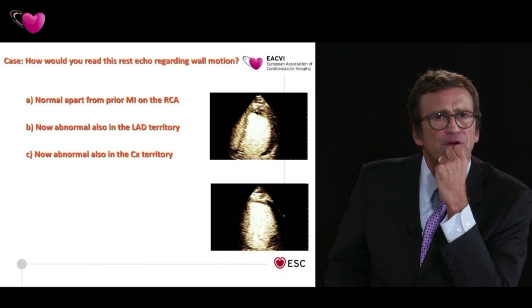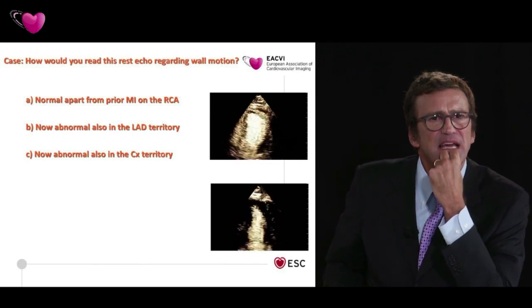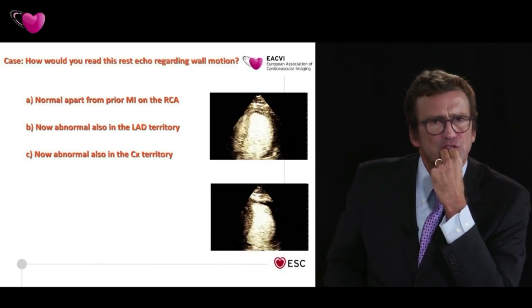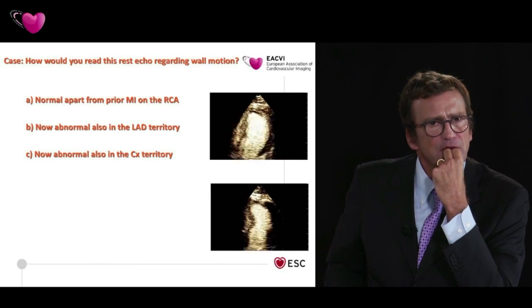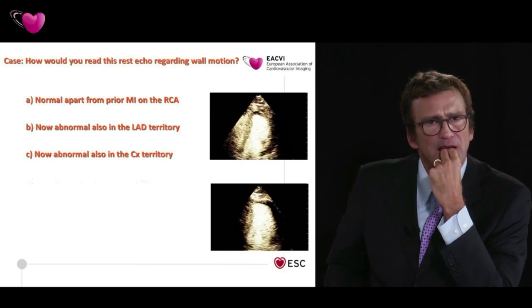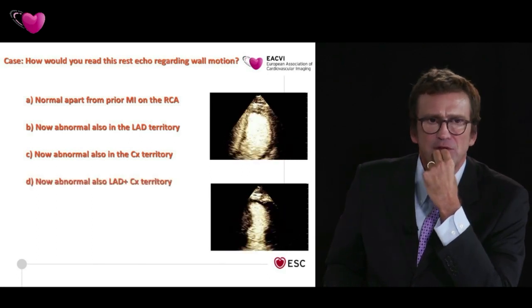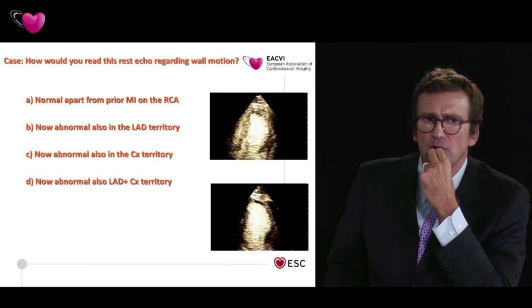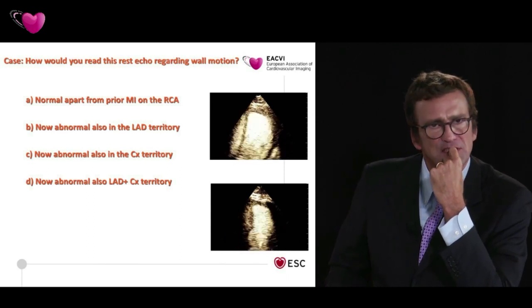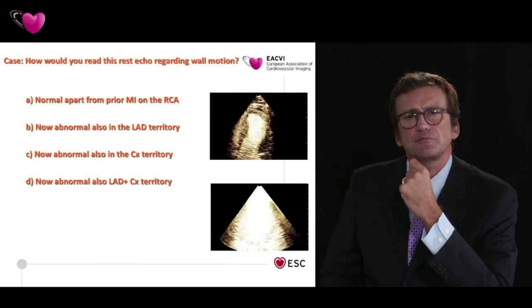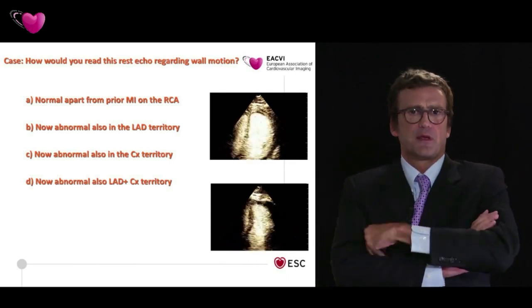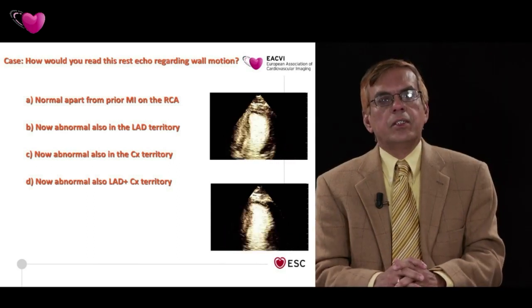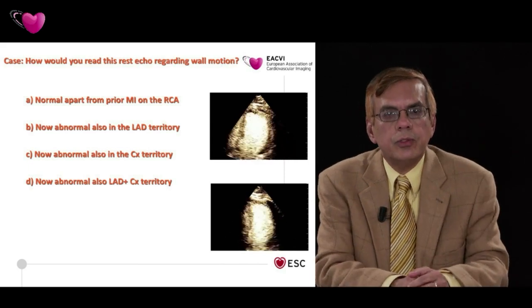Normal apart from prior MI on the RCA, now abnormal also in the LAD territory, now abnormal also in the circumflex artery territory, and now abnormal also in the LAD plus circumflex territories. You vote, please. Okay, so while they continue to vote,